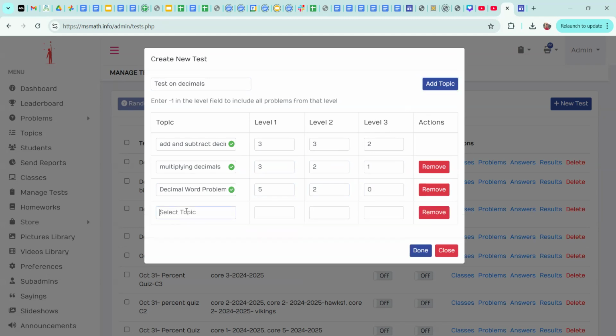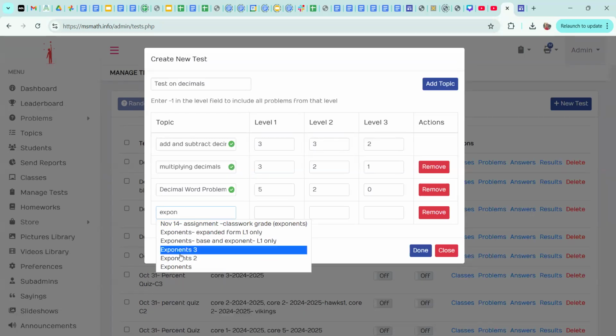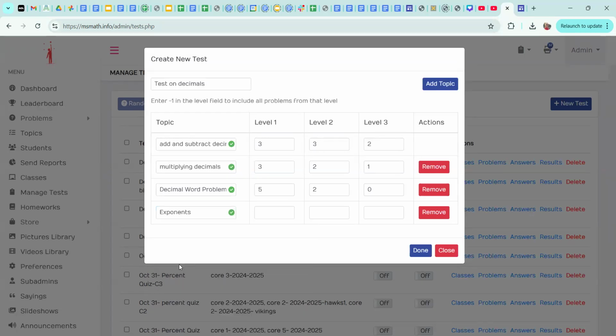Now, let's say I also want to put in some review. So maybe I want to do some exponents. I can do the topic of exponents. And let's say I just want to pop in five questions, a few on each level here. And that's it. So once I've entered in the number of questions for each one, now I can do this